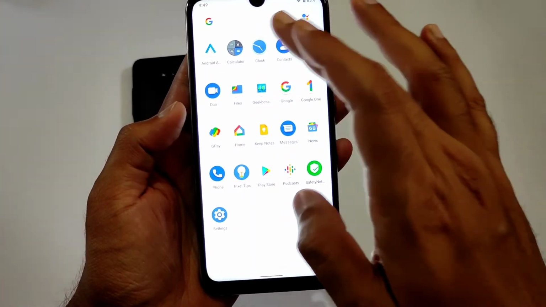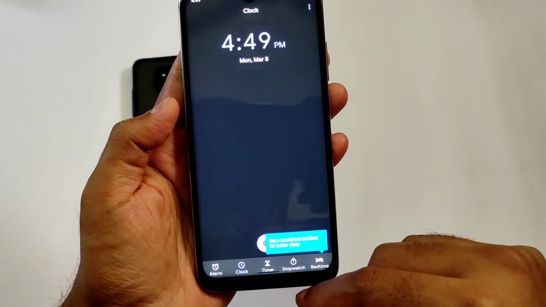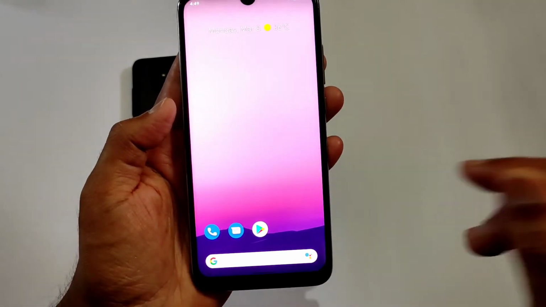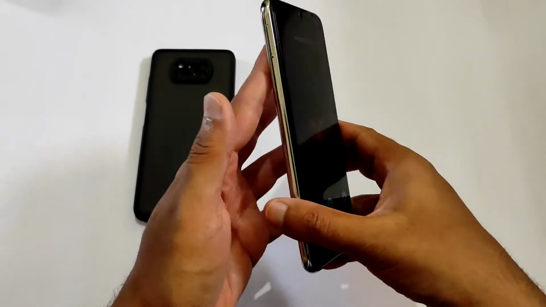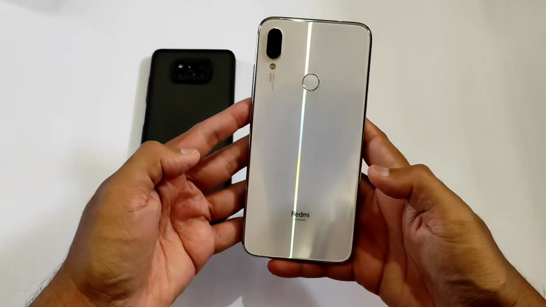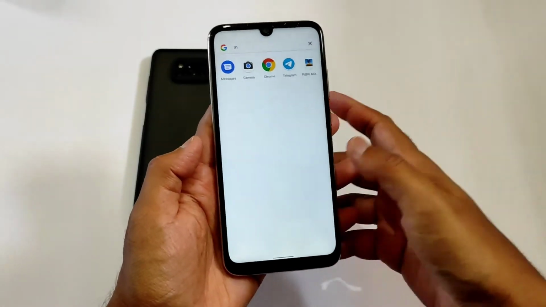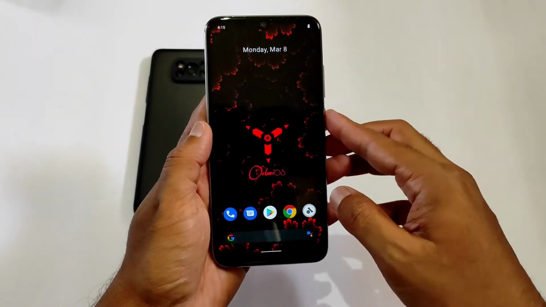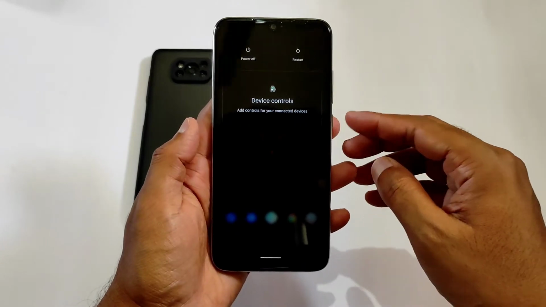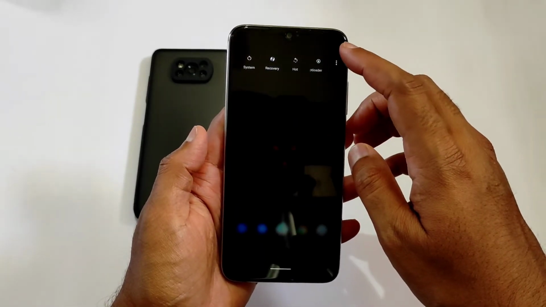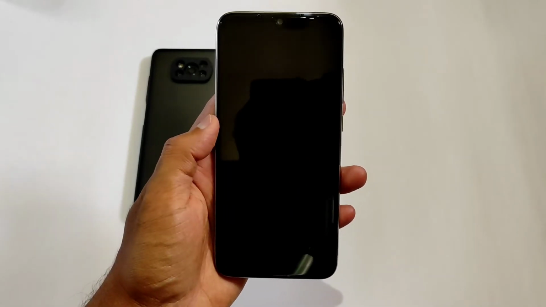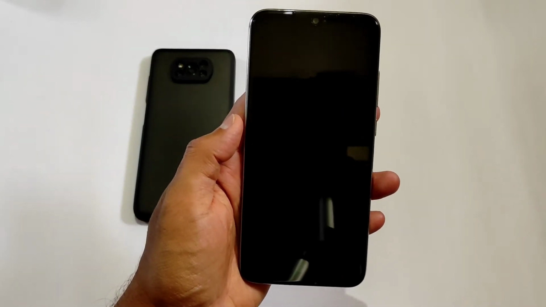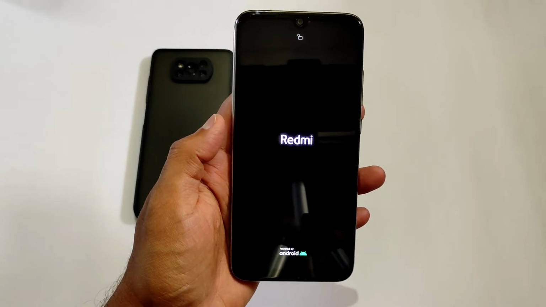In this video we are going to discuss this Android 12 developer preview 1 for Redmi Note 7 Pro. As you can see, I am on Octave OS version 2.1. If you want to flash this or you want a guide about Octave OS, go to the cards, you will get the video. From here I am going directly to recovery mode. I have PitchBlack recovery here. Let's see, it will boot into PitchBlack recovery.